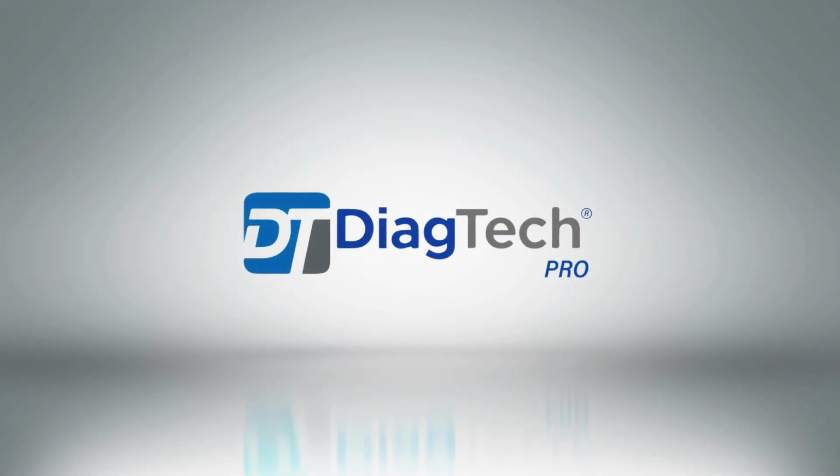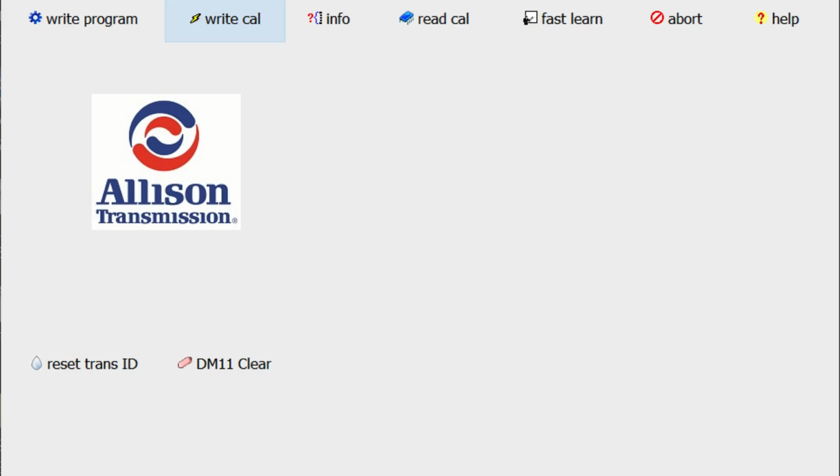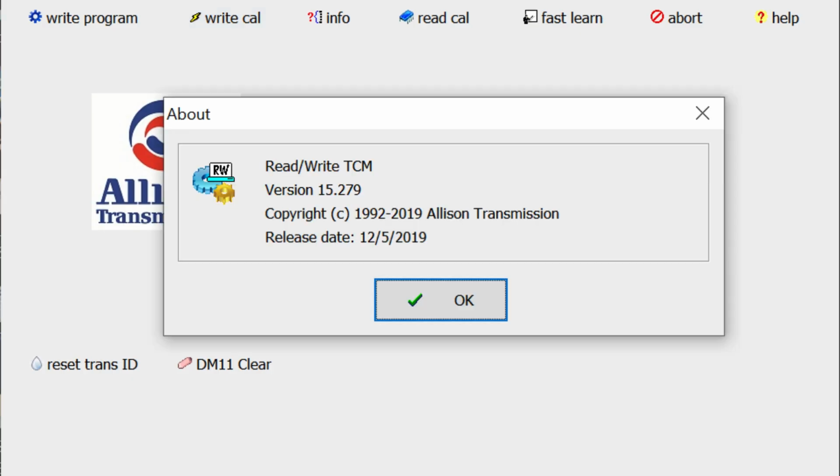The Allison TCM Reflash Software from Pro.com is a professional solution designed for reading, writing, and reprogramming transmission control modules in Allison automatic transmissions. This tool enables technicians to perform calibration updates, restore original programming, and apply custom settings to optimize transmission performance. With its intuitive interface, the Allison TCM Reflash supports essential functions such as writing calibration files, reading